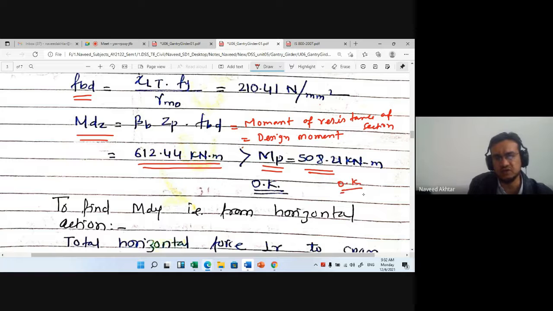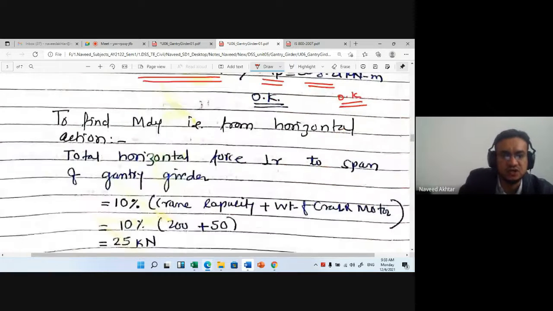So in our case, due to vertical loading, the moment capacity of the section we have chosen, ISWB 500 and ISLC 350, is safe. Okay. Now the example class is over here. What we have found so far is only that the moment in one direction is safe. Now you have to find out the ZP about the minor axis. Now you have to find out the ZP about the minor axis.